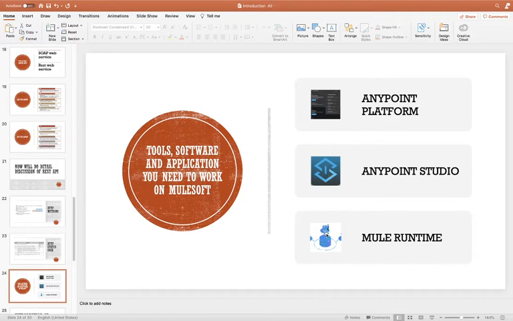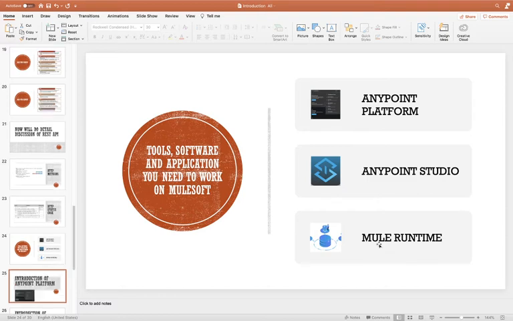And then we have Mule runtime, which we will use for deploying our Mule application once we are done with development. One by one we will discuss Anypoint Platform in detail, then Anypoint Studio, then Mule runtime.